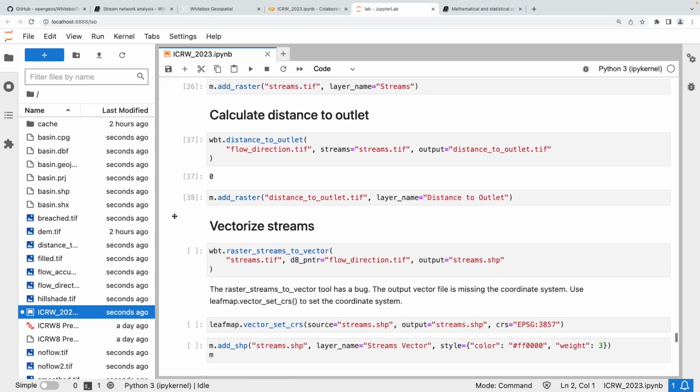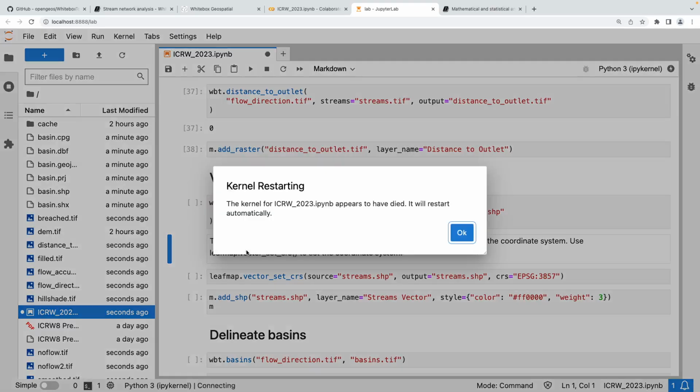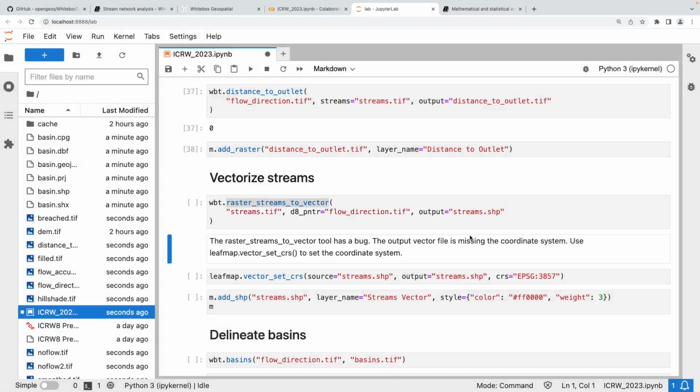And I think the next couple will be more interesting because you can extract the streams and then convert to vector. So this one here, the raster stream to vector. So basically take the raster that you created from the flow accumulation and then set a threshold, and now we can convert this one to vector. And once you convert,